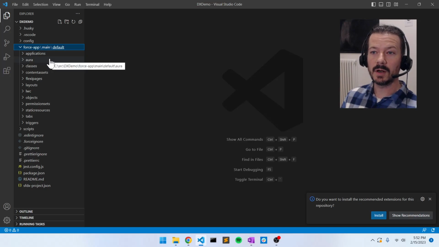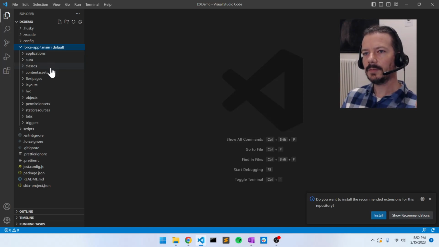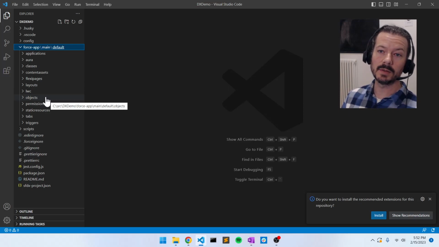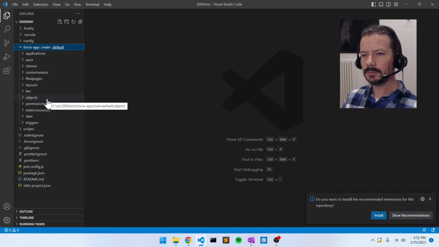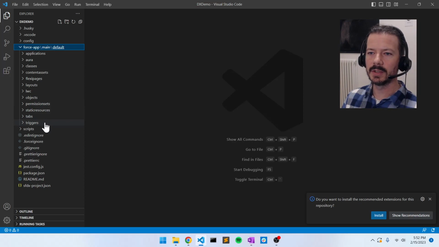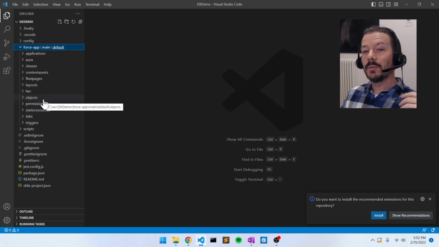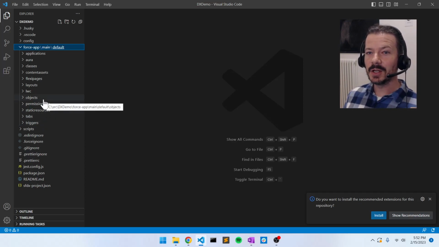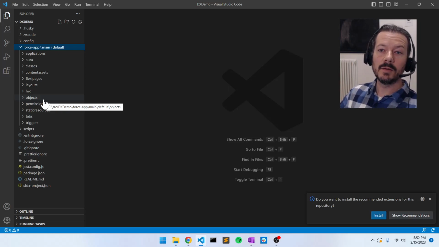This folder holds your Aura pages, your Apex classes go in classes, then layouts, Lightning Web components, objects, which is the one we're concerned about because we're creating objects in this demo, and tabs, triggers, permission sets. Theoretically, you can pull out anything you can customize in the UI in Salesforce. You can pull it out into a file in one of these SFDX projects and save it in human readable